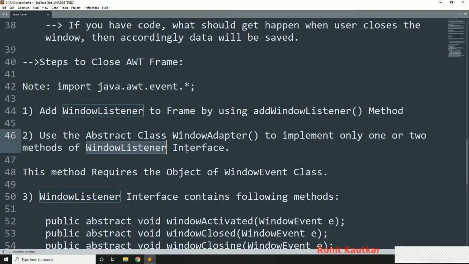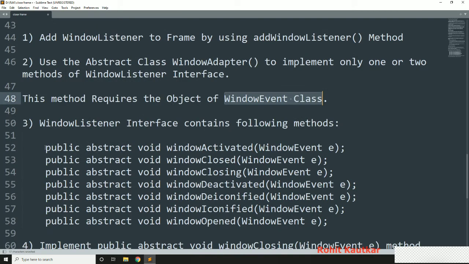We don't want to implement all methods, that's why we take the help of the WindowAdapter class. Due to this we will be able to implement only one or two methods, whatever we want from the WindowListener interface. Friends, if you don't use this WindowAdapter class, then you need to write all methods that are available within this WindowListener interface.